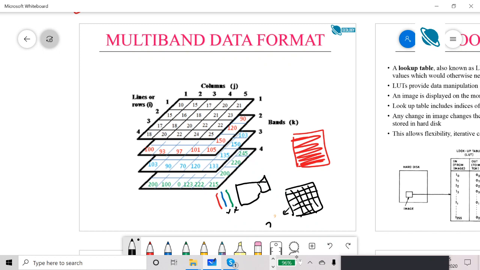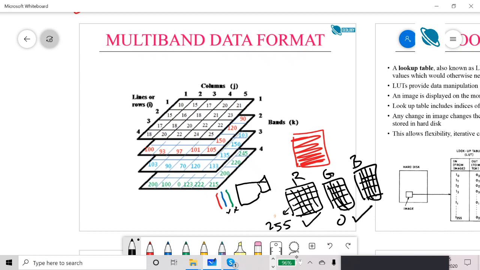They will have a digital number of, let's say, 255. It is a perfectly red screen, and green and blue will all have 0 values. But let's say it is yellow. Then red pixels will be activated and green pixels will also be activated. Blue will not be activated because yellow light doesn't have any blue component. If both are activated, with certain values in red and green, the final image that you get will appear yellow.